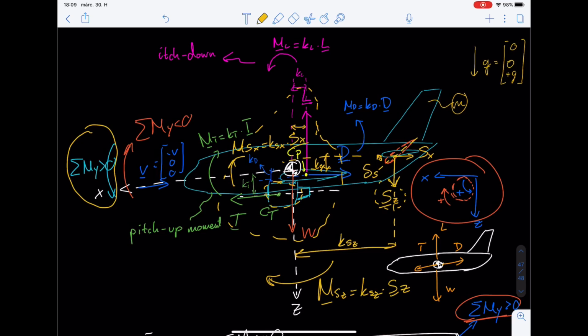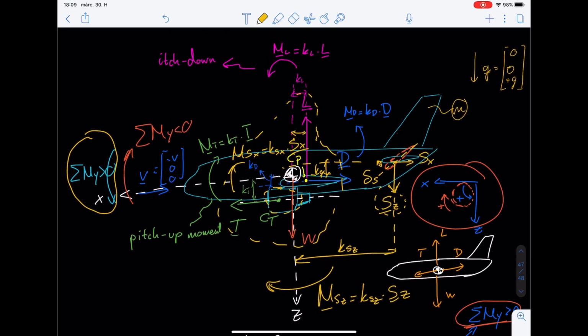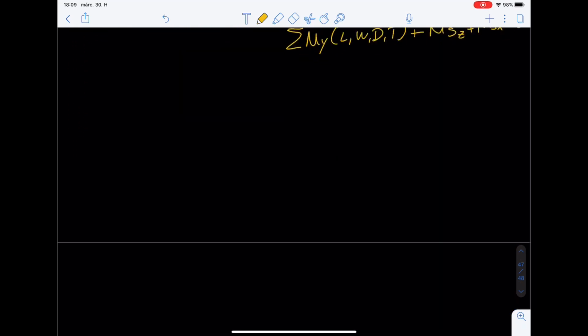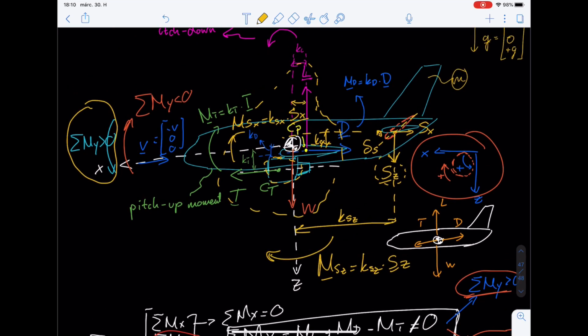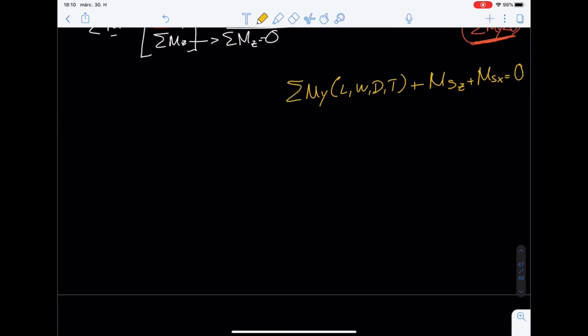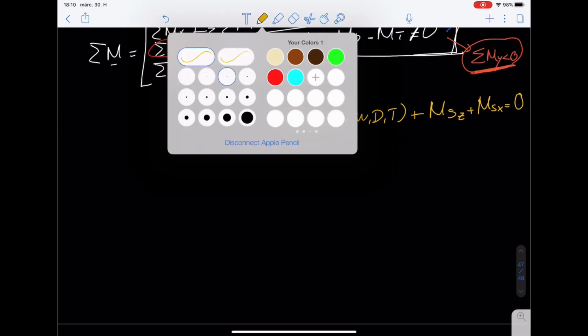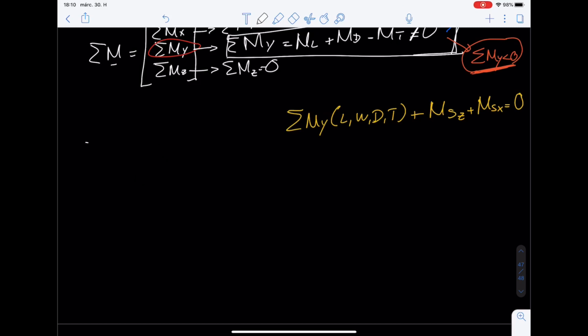Right, so this is what we're going to look at: we're going to have two separate cases based on the relative position of the center of gravity relative to the center of pressure. Because what is the center of gravity position dependent on? The center of gravity position of the aircraft, you will learn it from mass and balance. So CG position is usually a function of